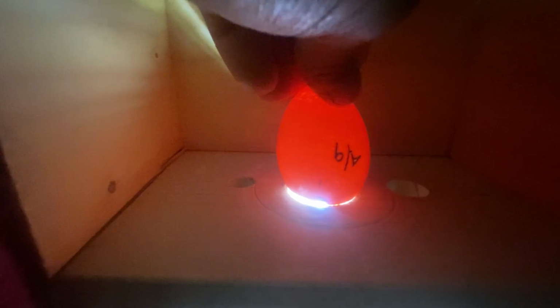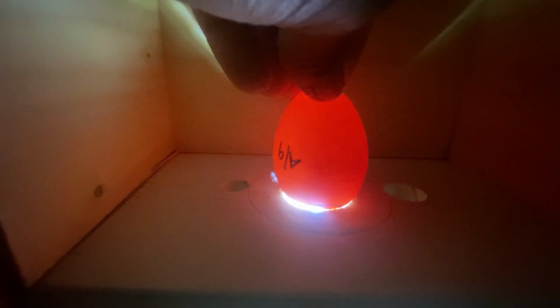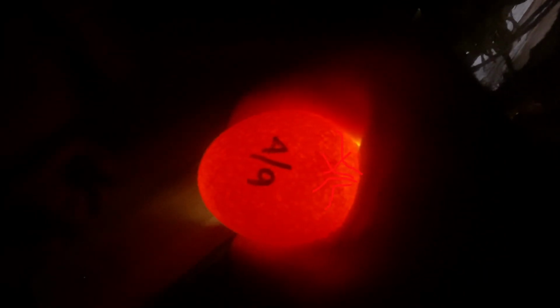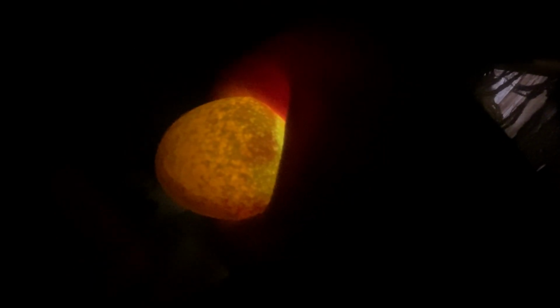And also partially being able to maybe make some adjustments to the candler so you don't get that halo effect, so you can see better. But I still just like using my hand to cup the egg with the flashlight, and you can really see all those little veins. This is a great example of a blob and the veins that you're looking for in